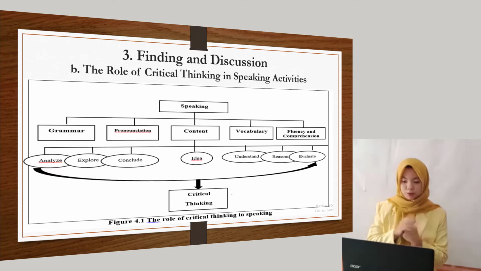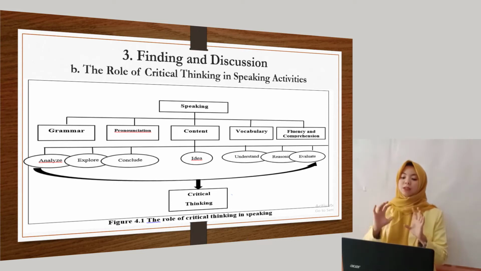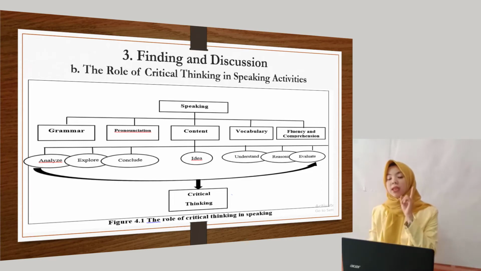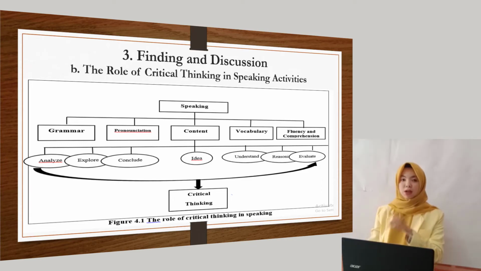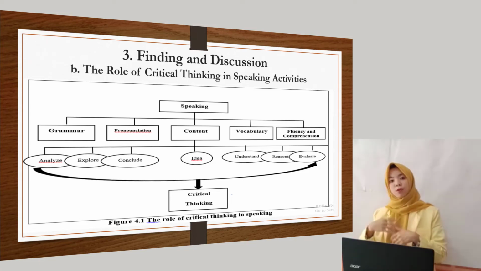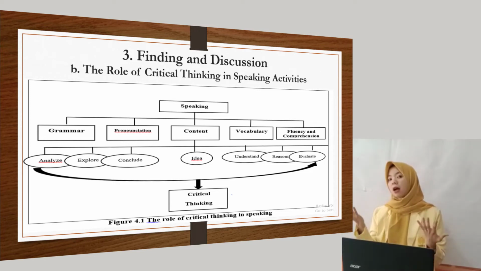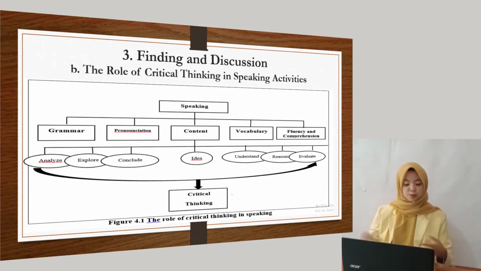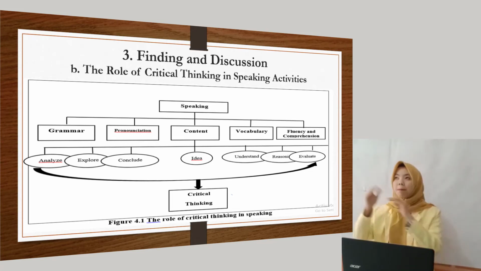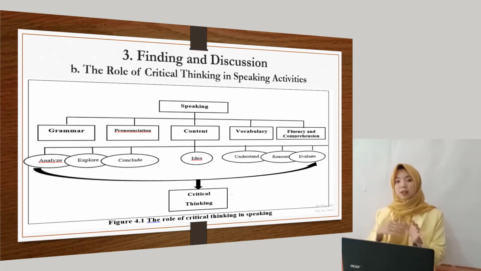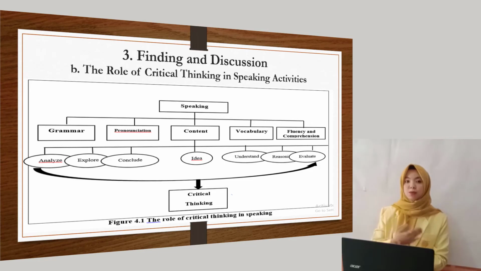That is from Hughes 2014 about some aspects of critical thinking. And another role of critical thinking in speaking activities is about students' preparation, because when students do preparation before speaking, they will generate ideas, brainstorm, do mind mapping, recognize main information, and explore the sentence. They pass some indicators of critical thinking. So another role is students' preparation before speaking.